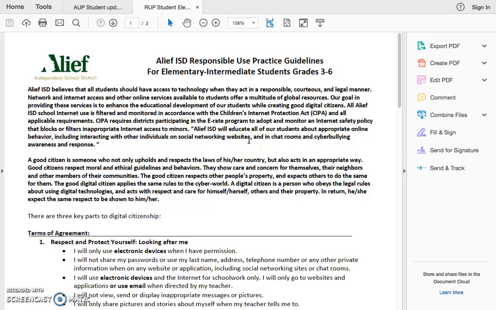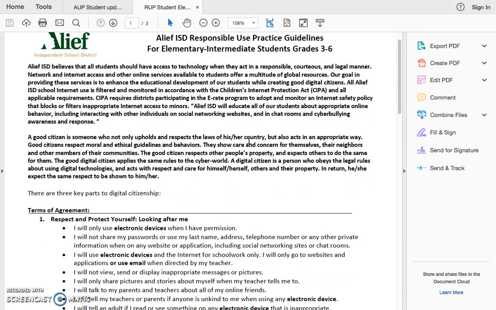The next page is the RUP for students. This is the Responsible Use Practice Guidelines. The beginning reviews the expectations of students to be responsible, courteous, and act in a legal manner.